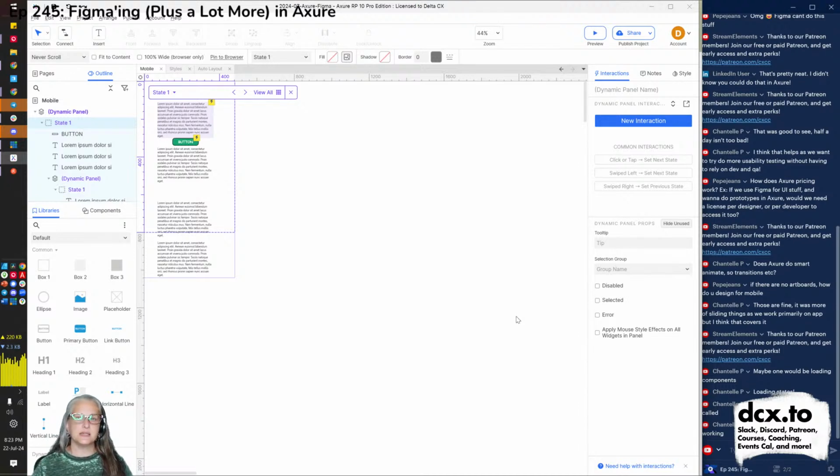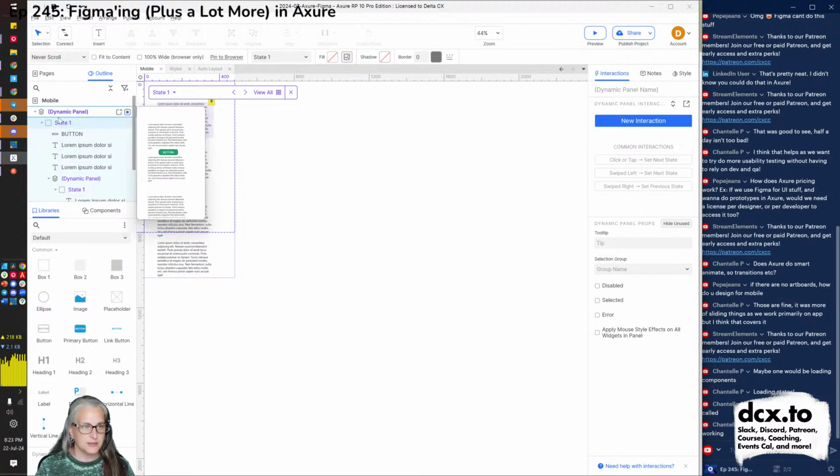And then what happens is your entire prototype happens on one page. You're not going, hey, go from page 1 to page 2, because that wouldn't happen in a mobile app. Your whole screen wouldn't go white and you're waiting for the thing to load. It would happen seamlessly. And the way it would happen seamlessly is just by using the dynamic panel, where each state is a different screen that your mobile app might have, and you are just jumping or animating between these screens. So if you had a navigation system built into your app, you'd be able to say, oh, when someone clicks the account thing, we jump to the state for the account.